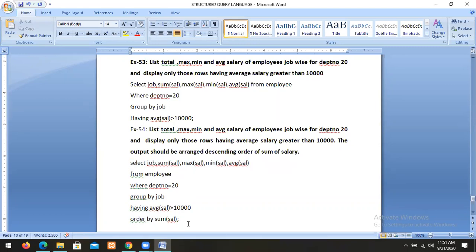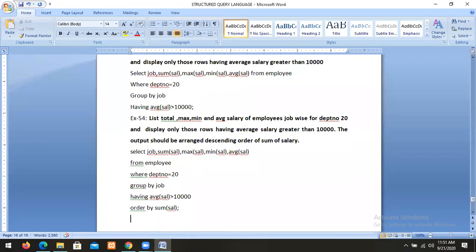Up to now we have discussed retrieving data from one table only. Now we go for multiple tables. How to retrieve the data from multiple tables? We can use inner queries, subqueries also, no problem.